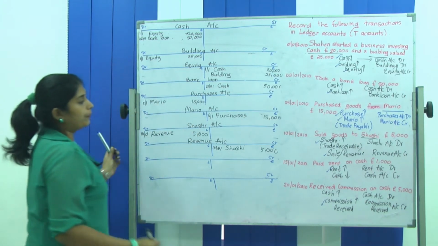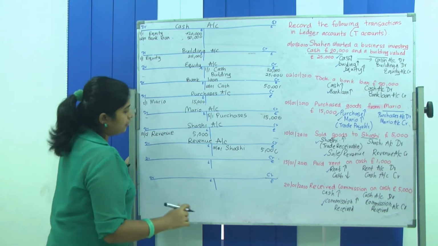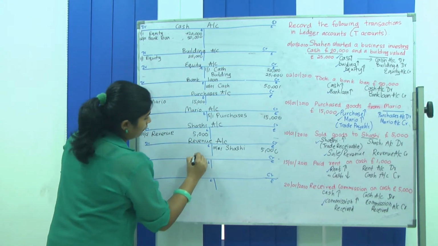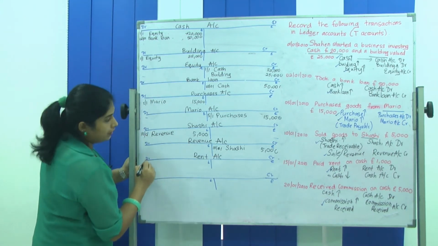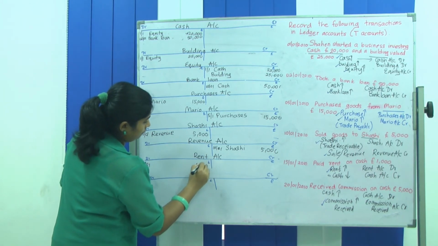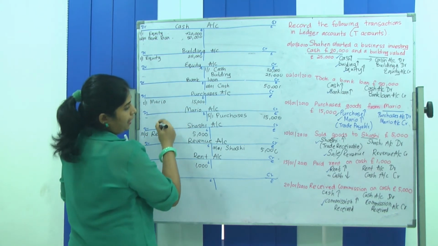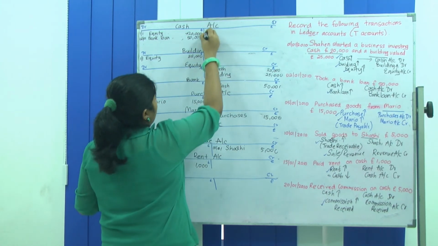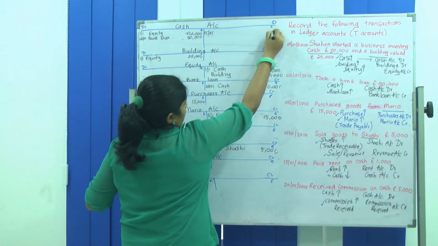Now the 15th one, or the fifth one, where you pay rent in cash 1,000, which makes rent increase and cash decrease. Already you have a cash account, so you can write in the same account; we need a rent account. So rent is an expense, so you have to debit the rent account 15th January 1,000, and it is deducted from cash, or decreases cash. So the cash account will be credited. Credit is always on your right side, so it will be credited on 15th January 1,000.